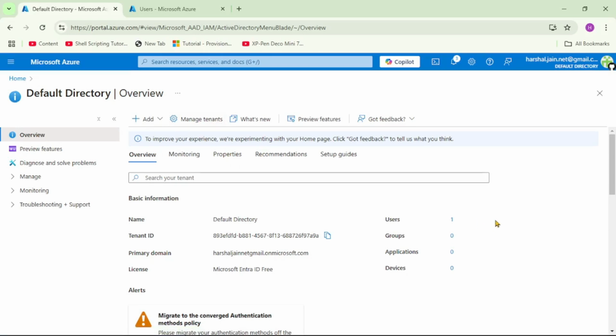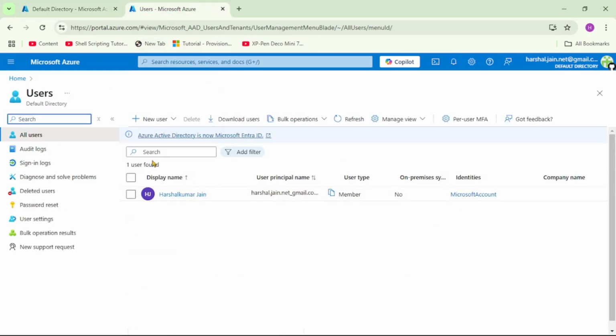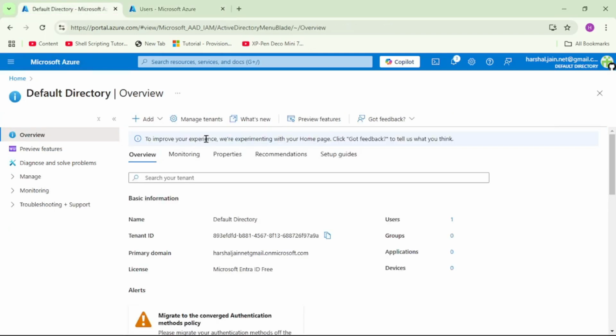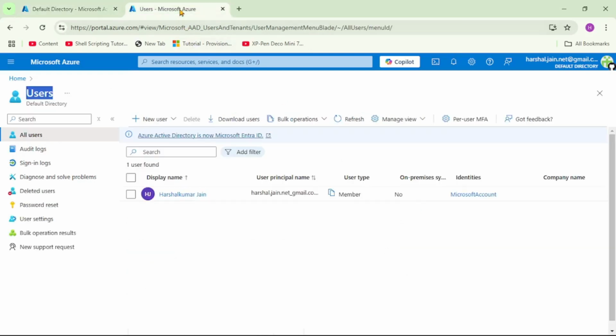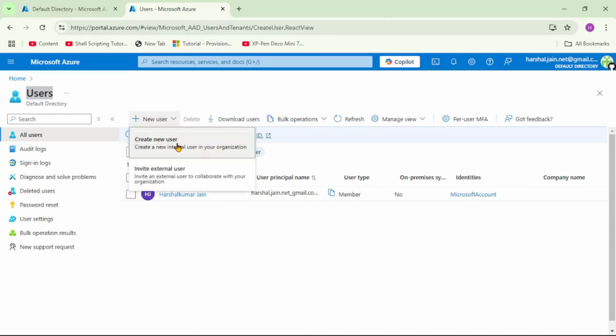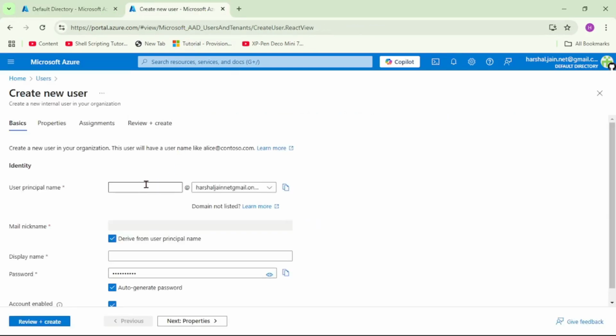Okay, now let's go to this screen, that is users. So again we are in our default directory, that is our default tenant, and we are under users. So basically this is our default directory overview and we had clicked on this users one. Okay, so here let's create a new user. That means we are creating a new user in this tenant. Let me say create new user and I will say